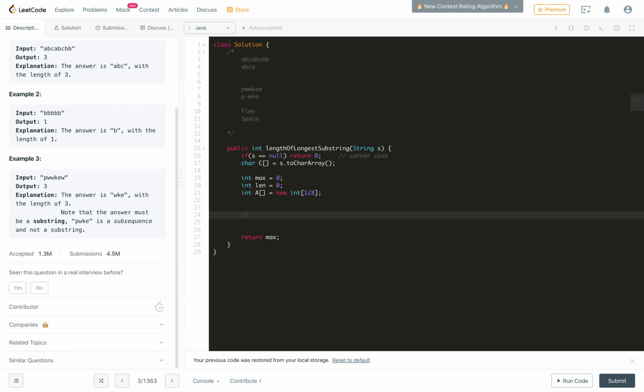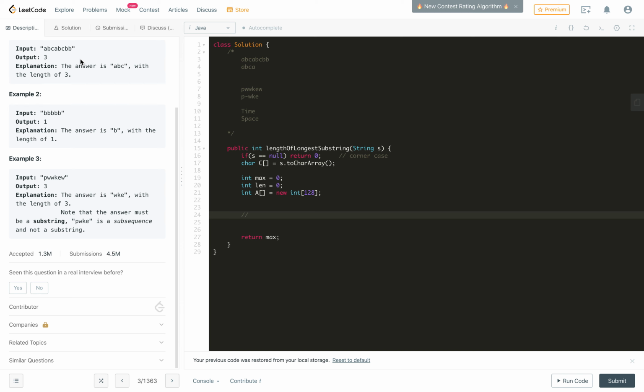Okay, sliding window. This is what I was trying to do. Sliding window is what I was also trying to do, because ABC, in the case of a sliding window, first ABC, window size 3, then you cannot have A, so you move this side BCA, then you cannot have B, so you have CAB. So it was kind of sliding window that I was also trying, but the issue it causes is